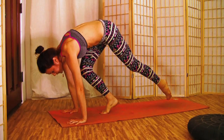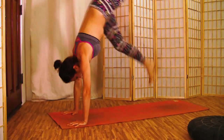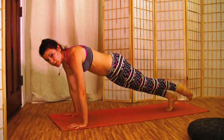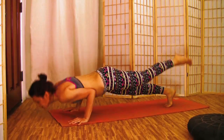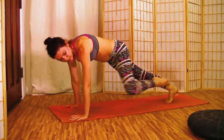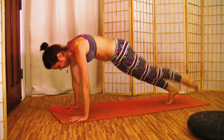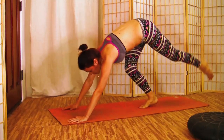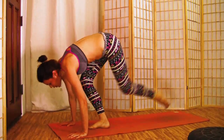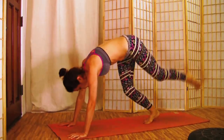Take the left foot off the floor and take a small hop back, another small hop back, and a third small hop back into plank. One-legged plank, one-legged chaturanga. Tuck your left knee to your elbow, come back up and take one hop with your right foot, second hop, third hop, and back. 1, 2, 3,